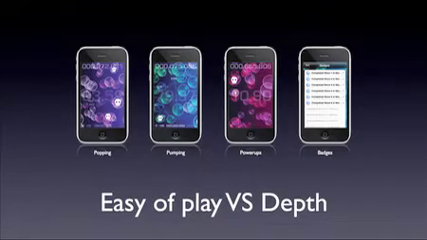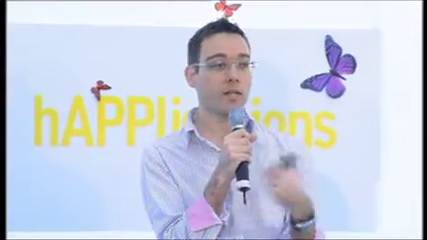So what we've done is we tried to divide it into small chunks that anyone can pick up and play for a couple of minutes, and also have plenty of modes that have some depth so that you can spend a while playing them if you want. So if you've got a longer play session, you can sit there and get into it. But if you've only got 5 minutes waiting for the ferry, or while your other half's in a shop buying some shoes or new clothes or whatever, you can sit there and have a shot.